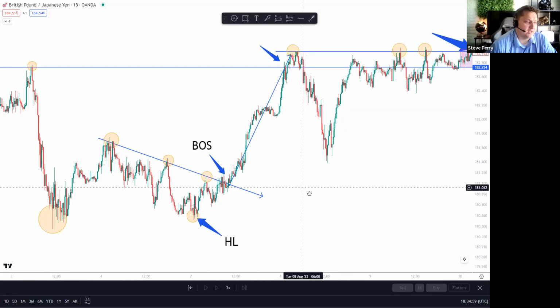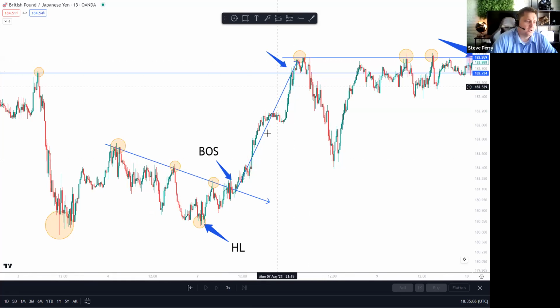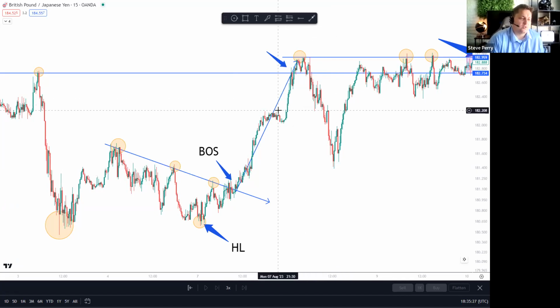So basically what I'm saying is, depending on how big these moves are, depends on how aggressive you should get in. So with this one, it was very aggressive and long-standing and continued. So you don't want to wait for it to pull back too far before you get in, because if you wait too far, you may just miss the trade entirely. And that happens to all of us. It still happens to me today. So you just want to look for those kinds of clues to tell you how aggressively you should get into a trade.